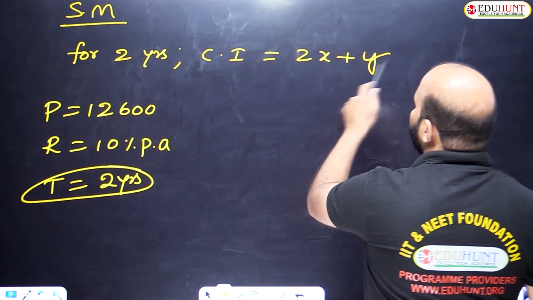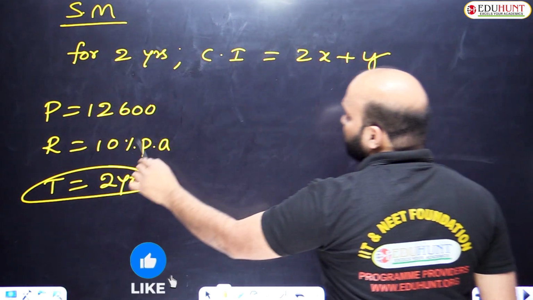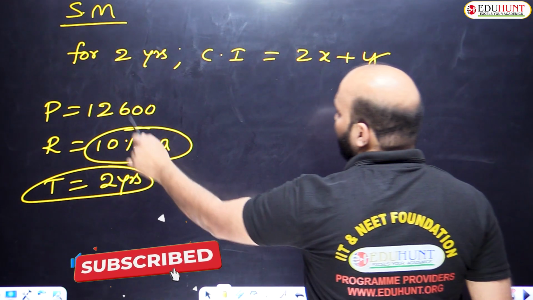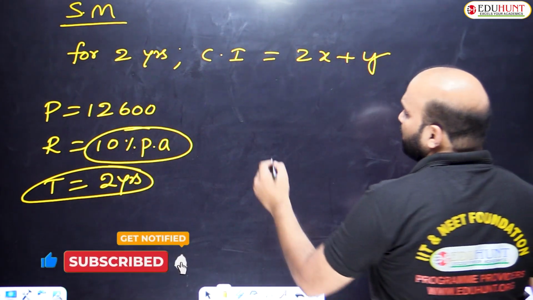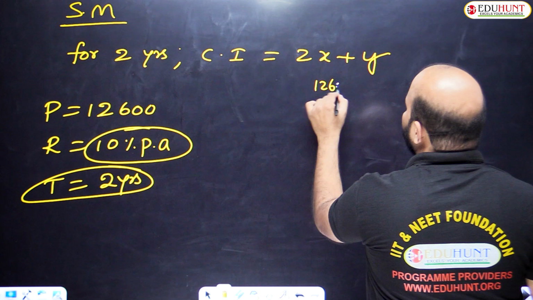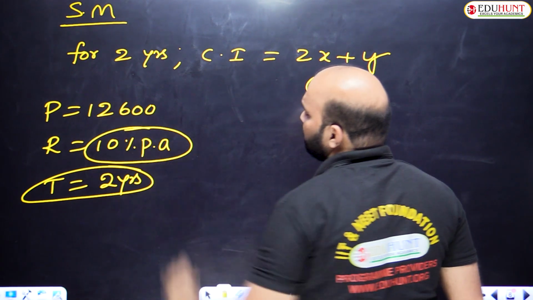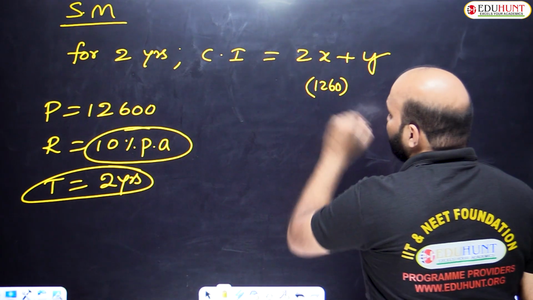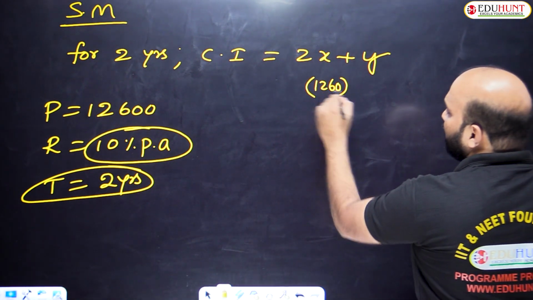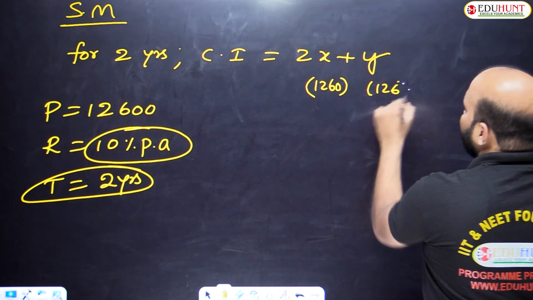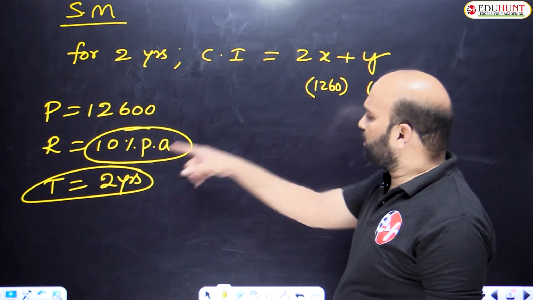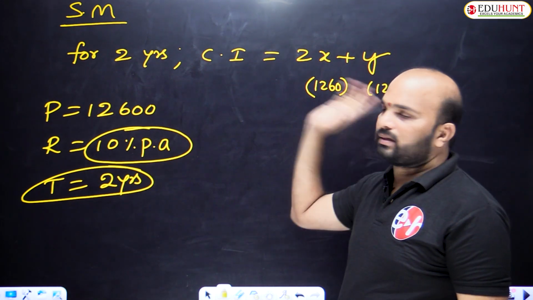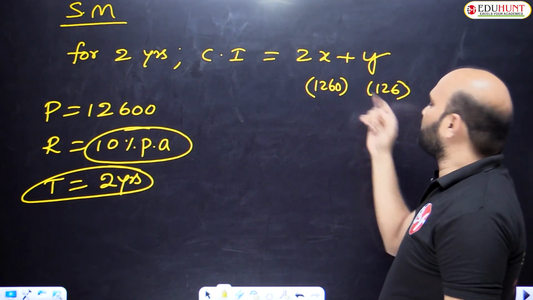So how will we get x and y values? The x and y values always depend on the rate of interest. Here how much rate of interest is given? 10%. So first we have to take 10% of 12,600, that is x, 1260. How will we get 1260? 10% value of principal. So that is called x. How will we get y? Again 10% value of the x value. The x value we already got is 1260. Y value is 126. How will we get 126? 10% again. The rate of x and y always depends on the rate of interest. So every time we have to calculate 10%. 10% of principal is x, 10% of x is y.